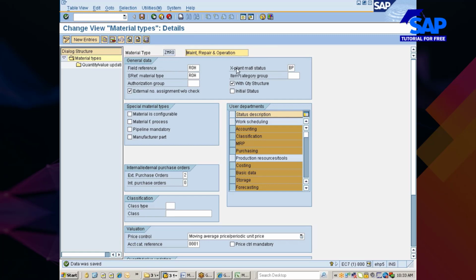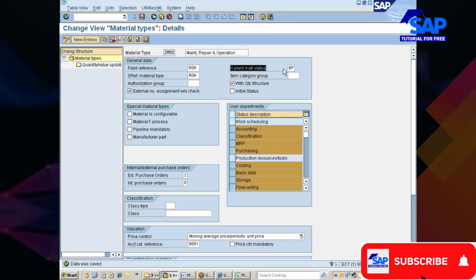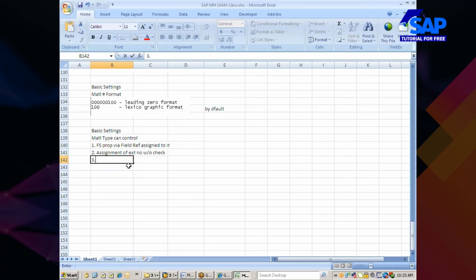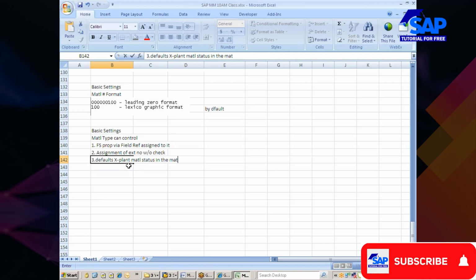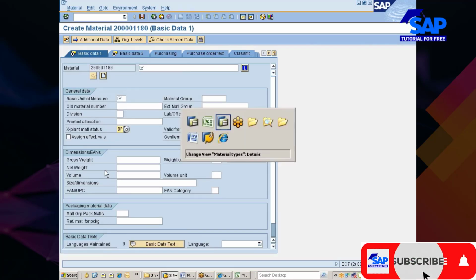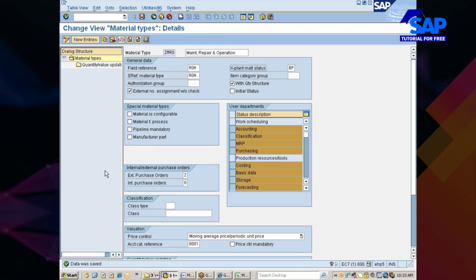For this MRO, X-plant material status is default, isn't it? So therefore you can say it defaults the X-plant material status while creating the material master.